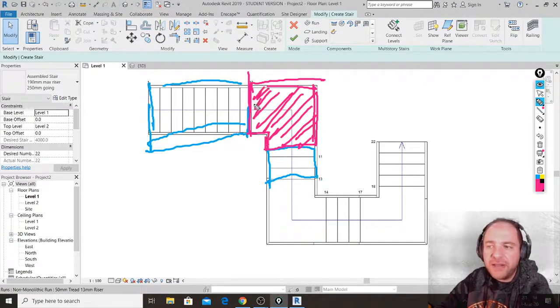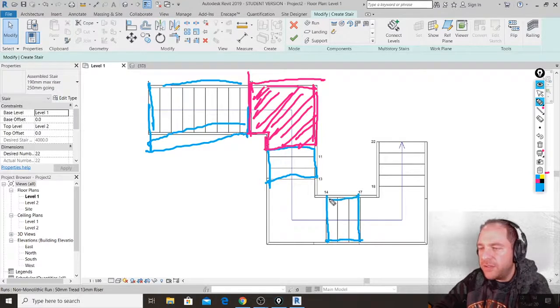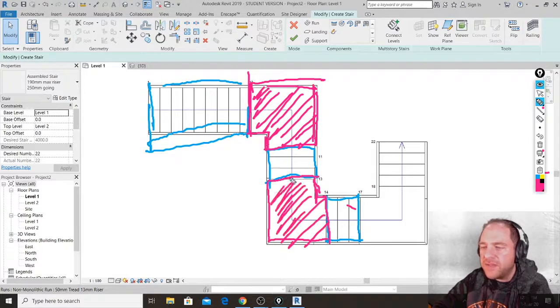There is the landing. Then I have clicked here, and this is what Revit has done for me. That is, it has created this automatic landing. Last but not least, I have made this staircase, and Revit has